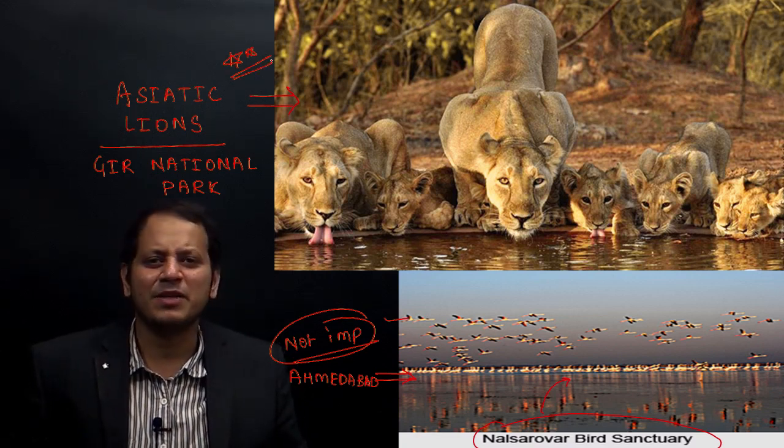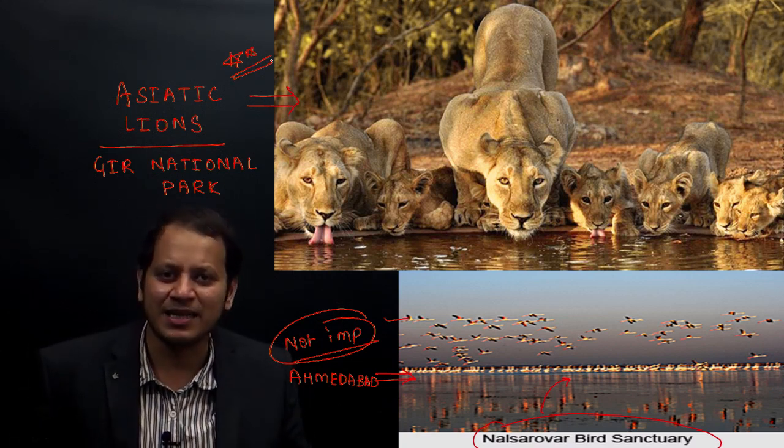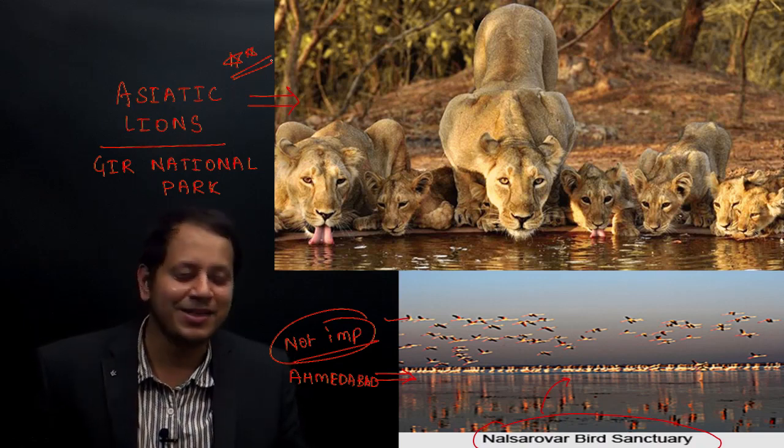We have just started with the western coast. Thankfully, we do not have that much map pointing in the Konkan and the Canara coastline, but we will have some interesting facts about the Malabar and the eastern coast of India.